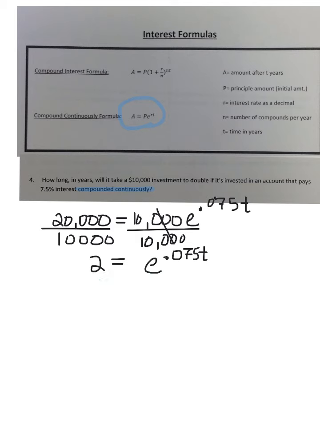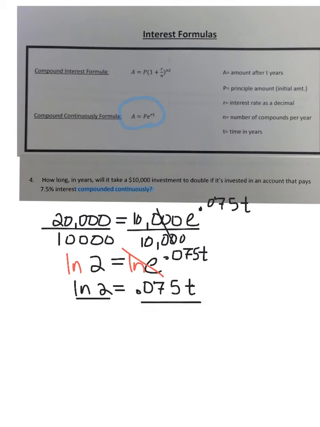ln both sides. So we are going to ln the 2, and we're going to ln the e, and hopefully you remember the value of the ln of e. Okay, the ln of e is 1. So what that does then for us is now we have the ln of 2 equals 0.075 t. Okay, so that brings that exponent down,